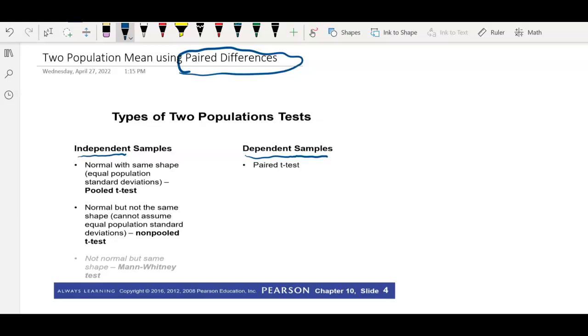You can't look at one person's cholesterol and compare it to someone else's after the diet because there has to be a baseline. And what we're looking at is what's occurring between the before and the after,